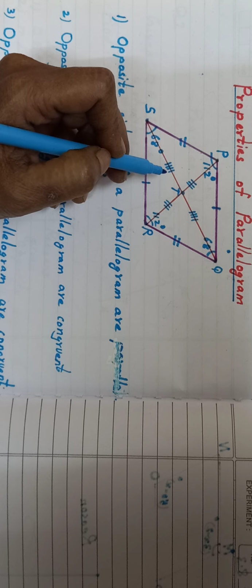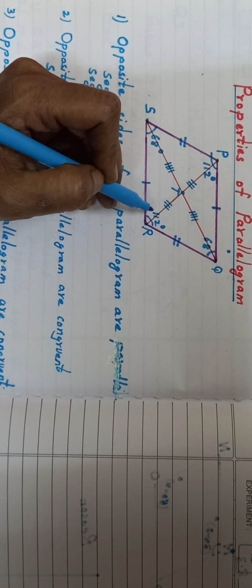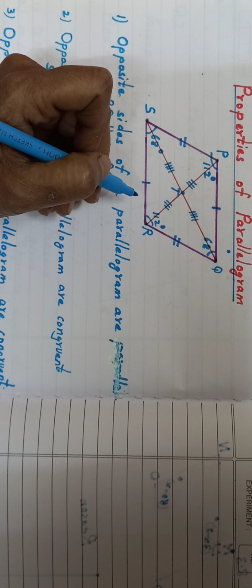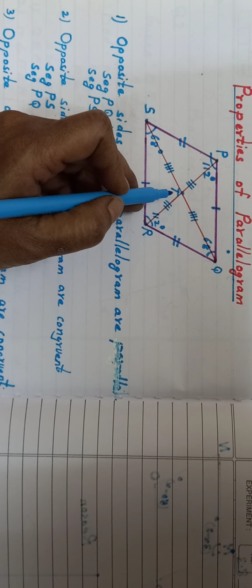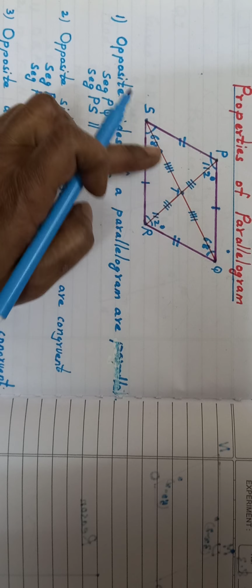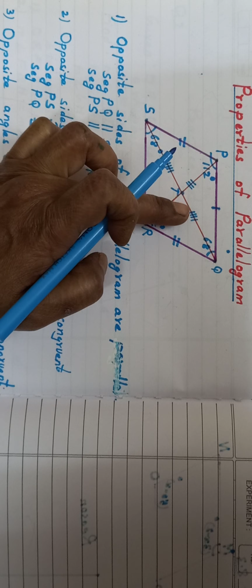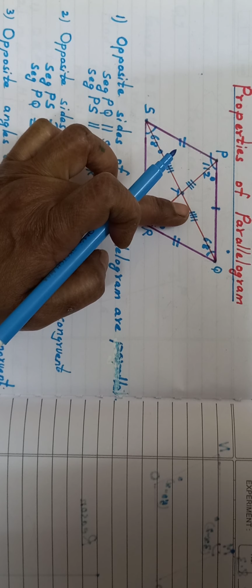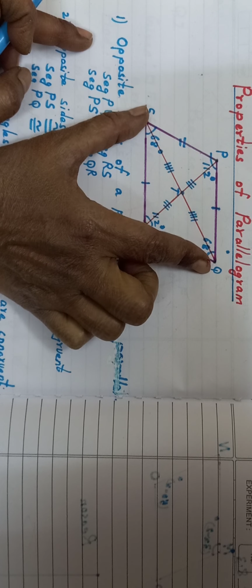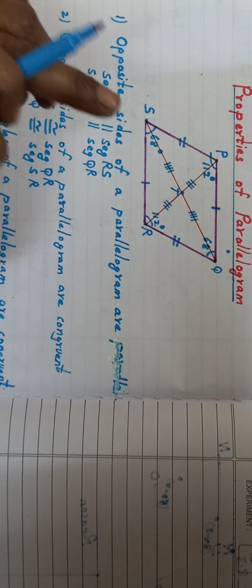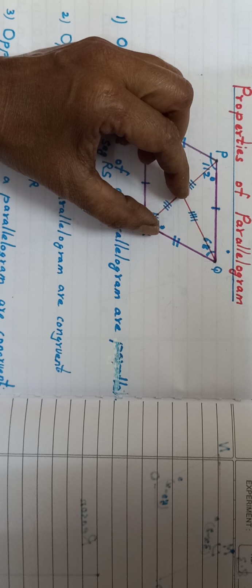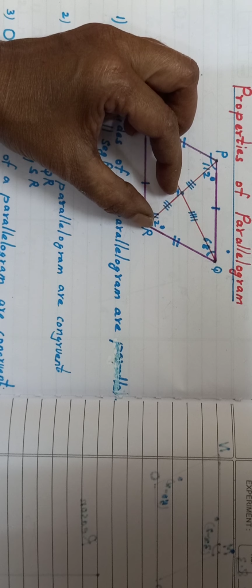So here the diagonals of a parallelogram, when they intersect each other at a point T, they will bisect each other. It means at point T, here you will have two sides, ST and TQ. These two sides will be congruent to each other, and they will be half of the main diagonal SQ. Same way for the diagonal PR, length of PT will be equal to length of TR. That is the meaning of bisecting each other.